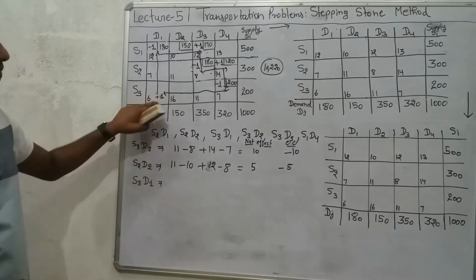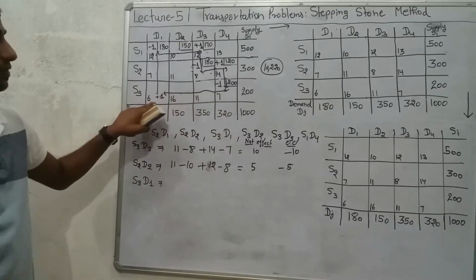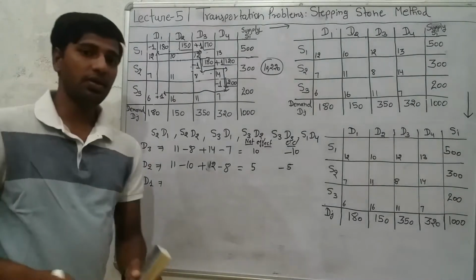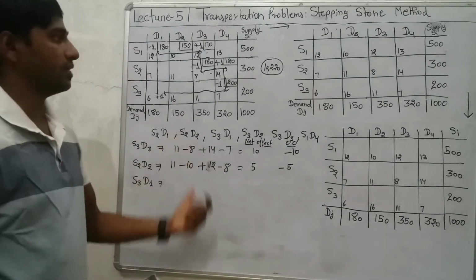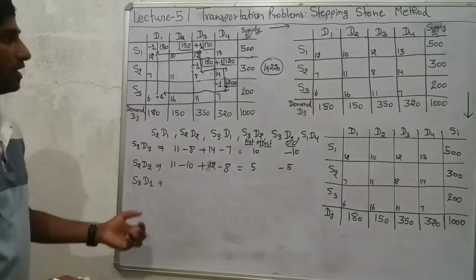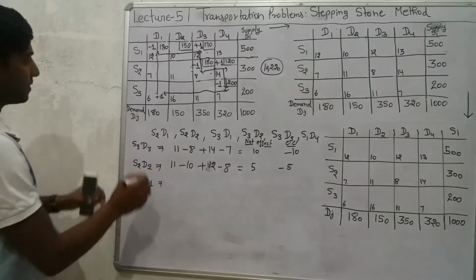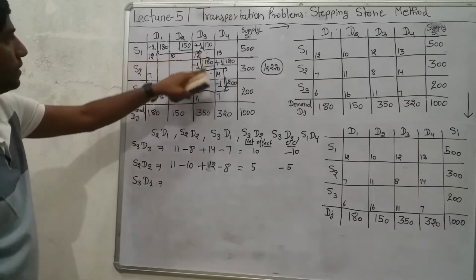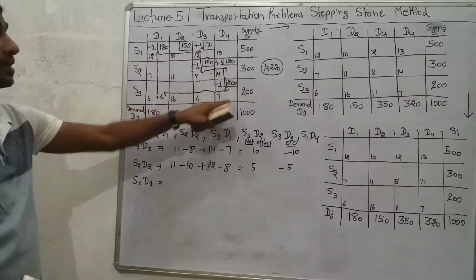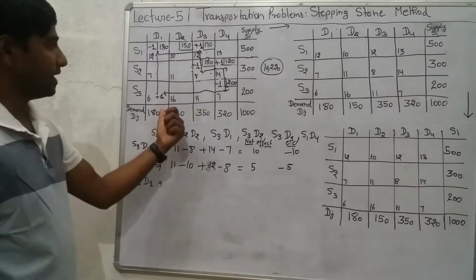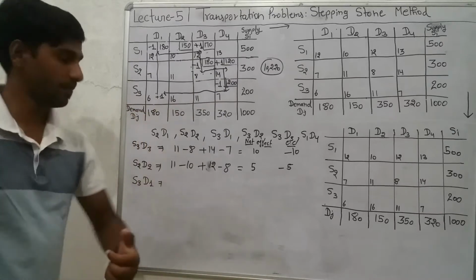So there is already a positive sign, -1, +1. So you can see it is not necessary that there would be only 4 cells to formulate a closed loop. There can be any number of cells to formulate a closed loop. In this particular case, there are how many cells? 1, 2, 3, 4, 5, 6. An even number. You must remember that the number of cells should be even.